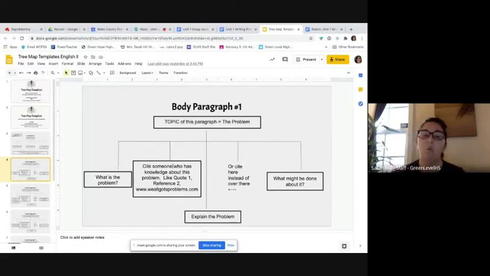Again, you only want 1, maybe 2 citations or paraphrases or quotes in each of your body paragraphs. Sometimes you can do 3, but you don't want to get overloaded with a bunch of quotes, because we're looking to see your writing, your information, and those quotes and paraphrases are just there to help support the information you are putting out there.